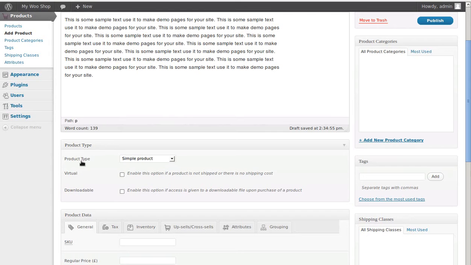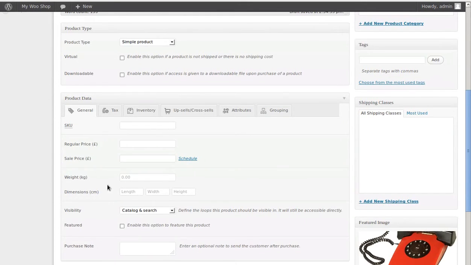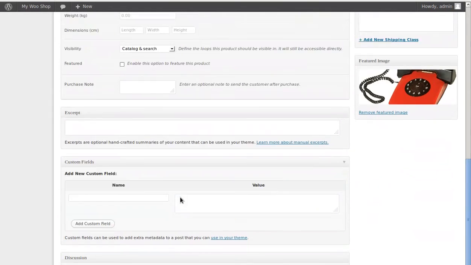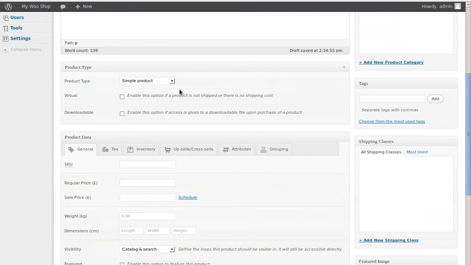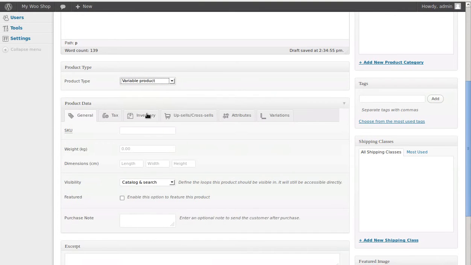So if it was only one colour, we could leave that as a simple product. Just fill this box in here, and then click the Publish button up here. But we're going to be able to choose from 3 different colours. So we're not going to have a simple product. We're going to have a variable product. Right, now we'll put in here the weight, because they're all the same weight. 1.4 kilos. Dimensions is 22, 22 and 11